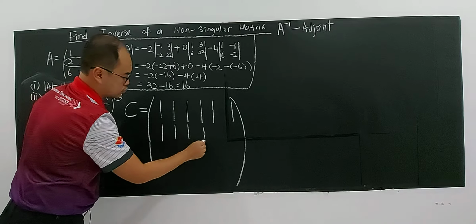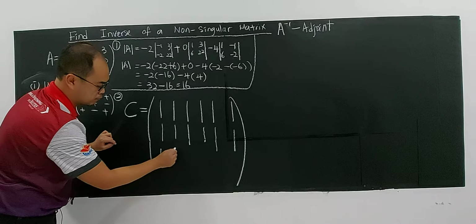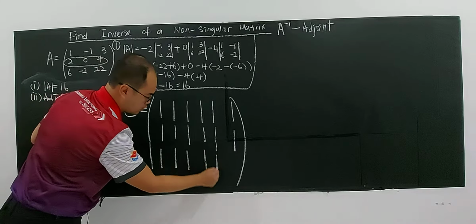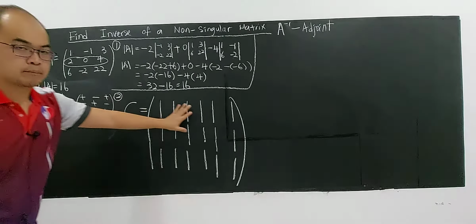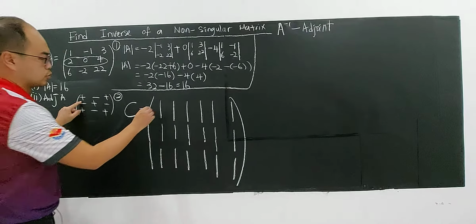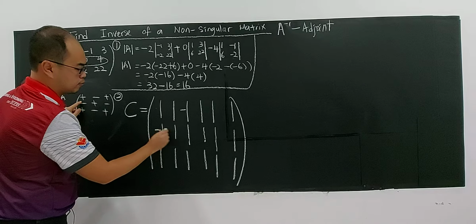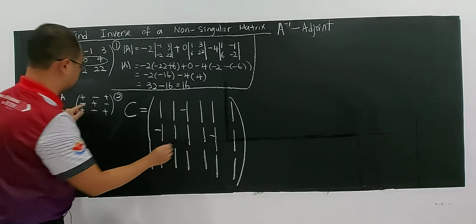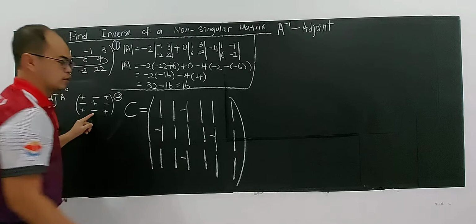It's very tedious to do this, but you have to be patient while you're doing so to avoid careless mistakes. So, okay, you have all this. Then you put the sign. This is all the minor, right? And you remember that the cofactor matrix, you have sign. So this is your positive, negative, positive, negative, right? Positive, then I put negative this way. Alright,